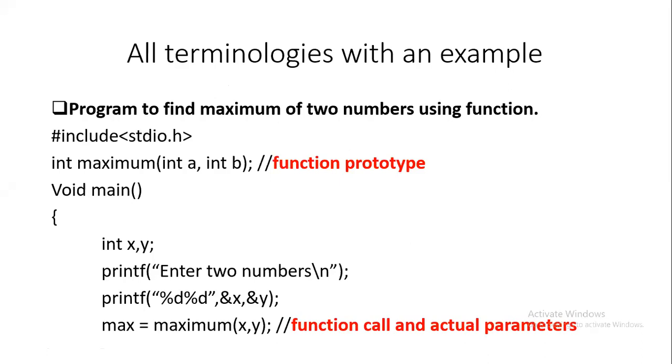If we are writing, we can write it using a single program itself, right? Or we can use function. So in this case, we have to find a maximum of 2 numbers. So if we have A and B, we have to find if A is greater than B, or is it vice versa, is B greater than A? So here we are defining hash include stdio.h, int maximum. It has to return an integer, and then maximum is the name of the function, and then within bracket we specify the 2 integers. What is this statement called?